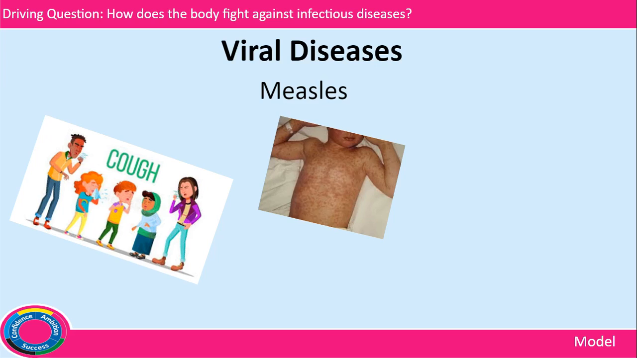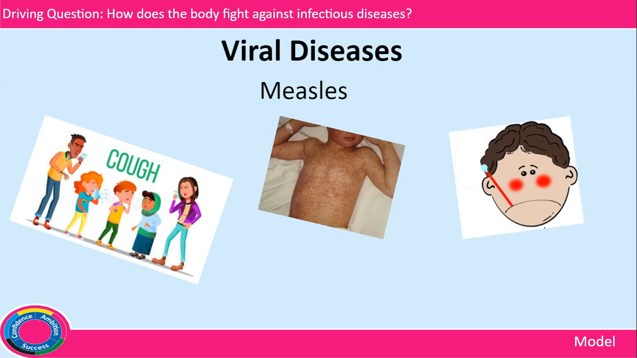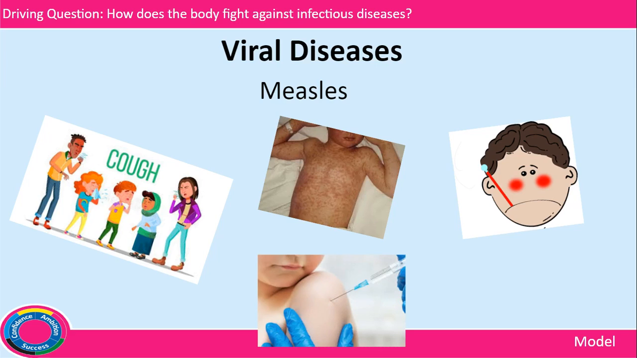Also, symptoms of measles. What can be seen is a symptom. What the individual can feel is a symptom. Symptoms of measles is a red rash on the skin, as you can see. Other symptoms of measles also include a high temperature or a fever. How we can control measles is by